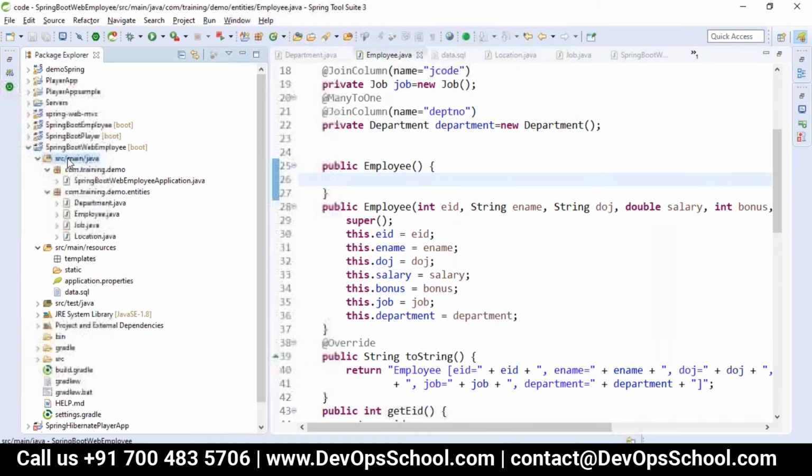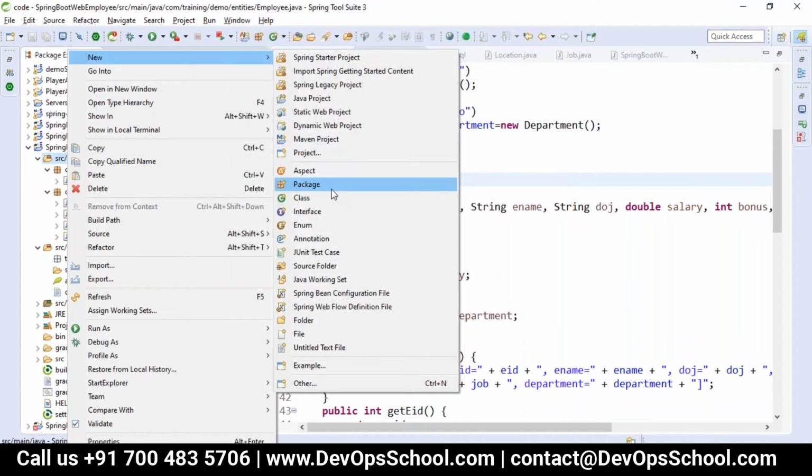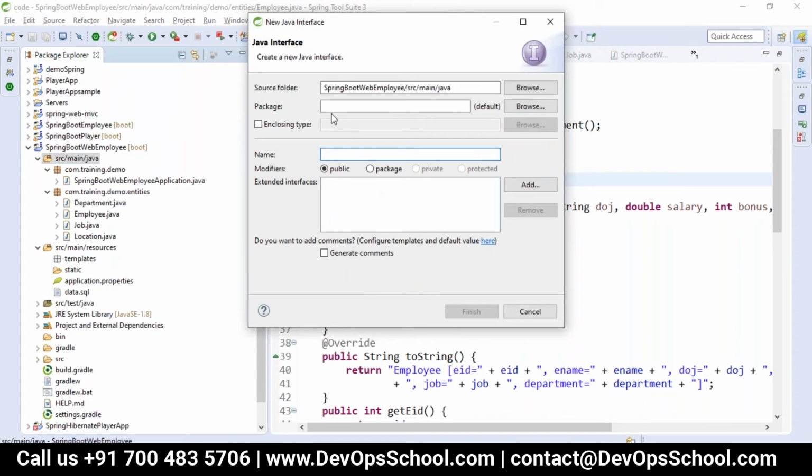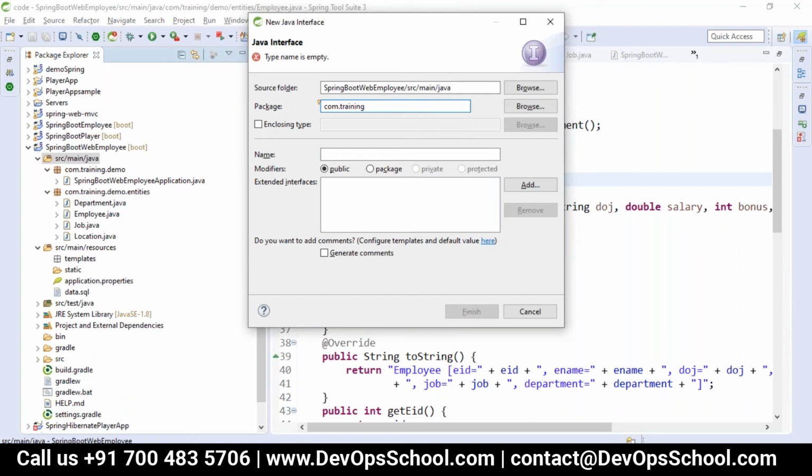So then how will you write your DAO layer? We can create an interface here, which I'll call employee repository.